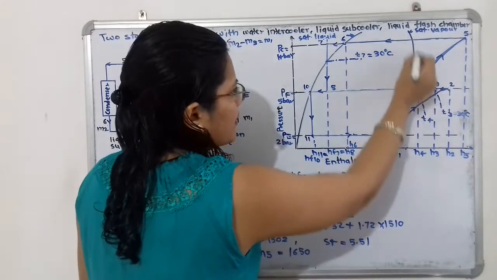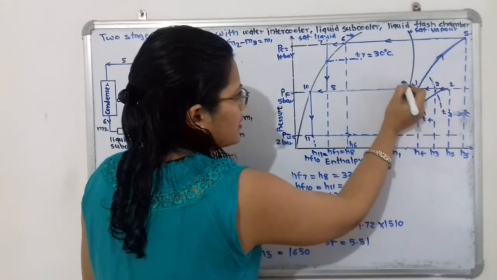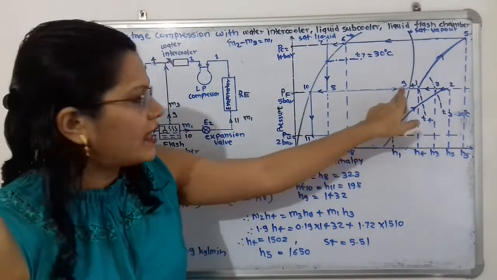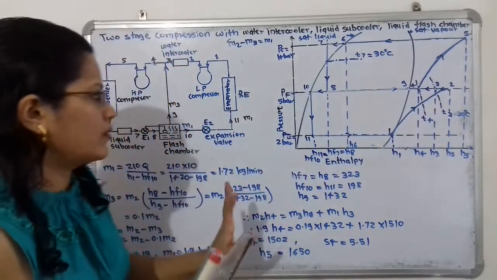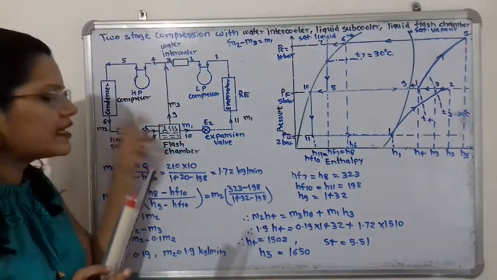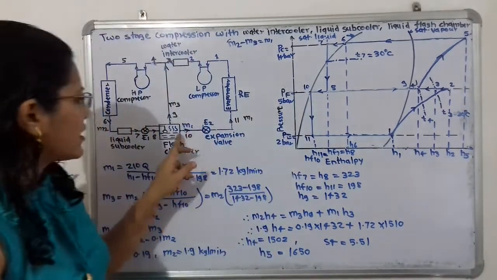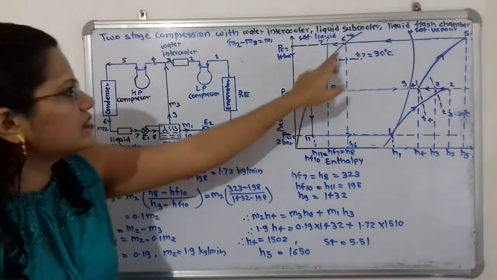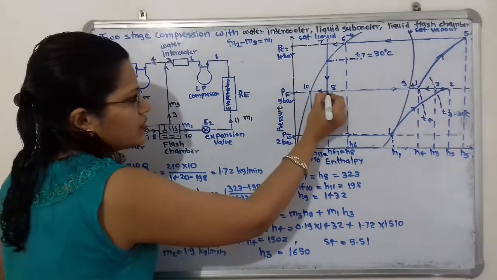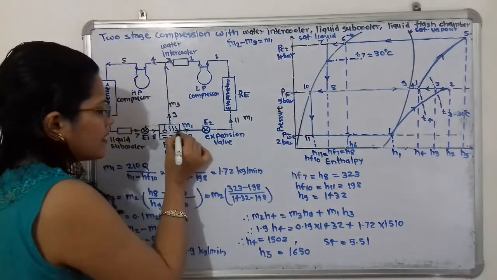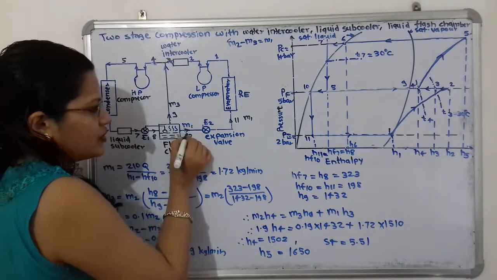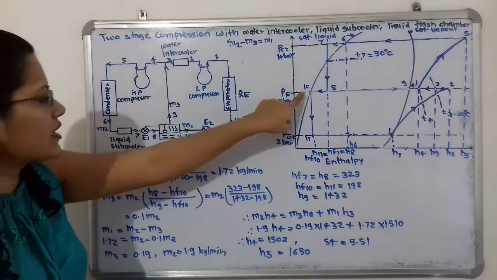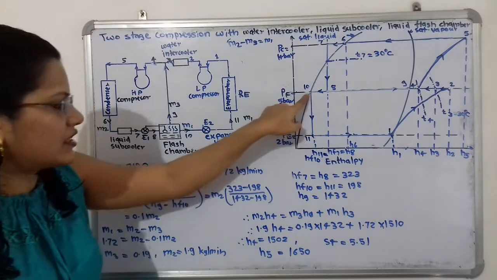On the saturated vapor line, this is the saturated vapor line, this point is called point 9, and we have to show an arrow. So this is the process 8 to 9, and it is getting mixed with this process 3 to 4. And now what is happening? The remaining liquid refrigerant is getting passed to the next process. So again we have to show this 8 to 10 process up to the saturated liquid line. This is the arrow, and that point 10 is leaving this flash chamber and again moving to expansion valve 2.